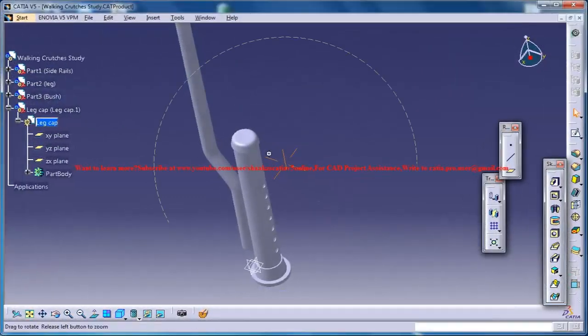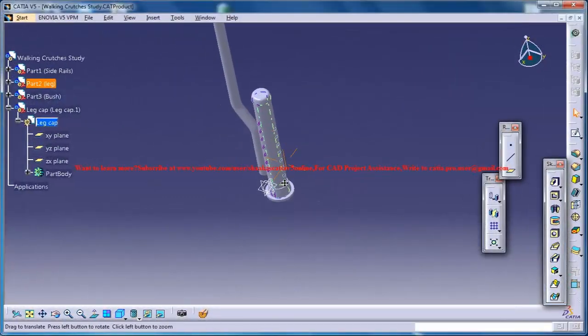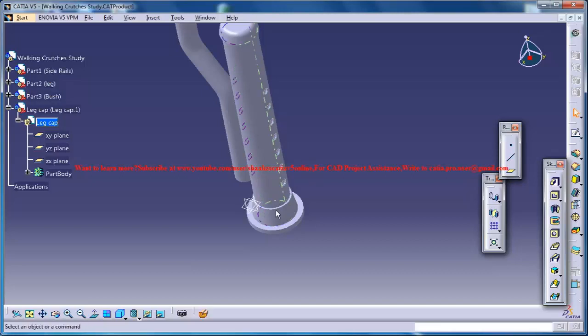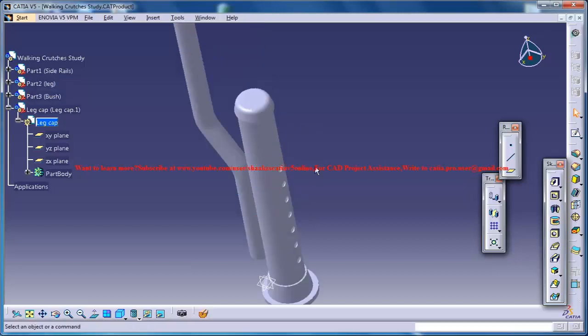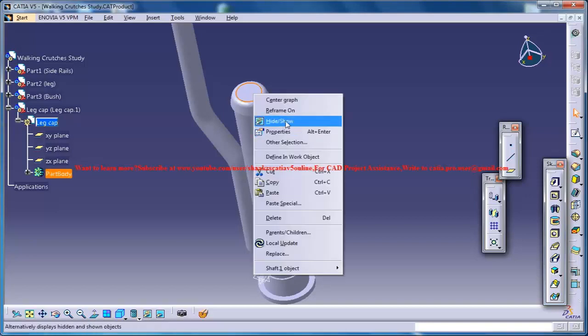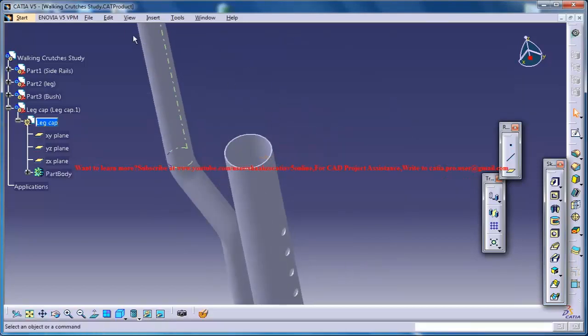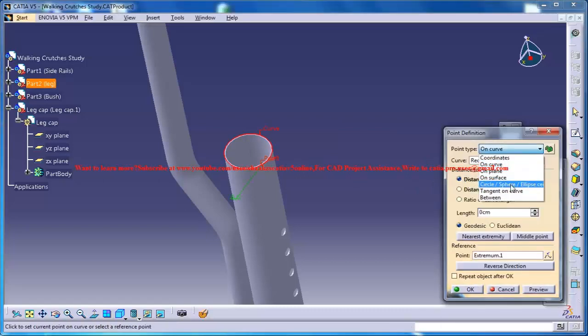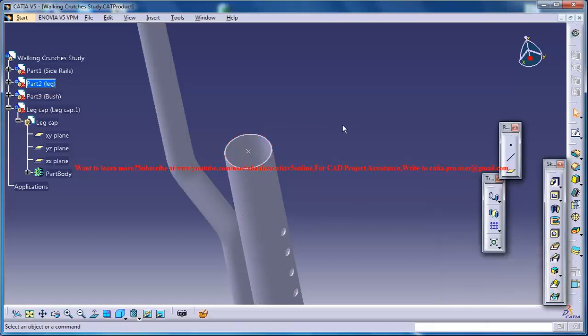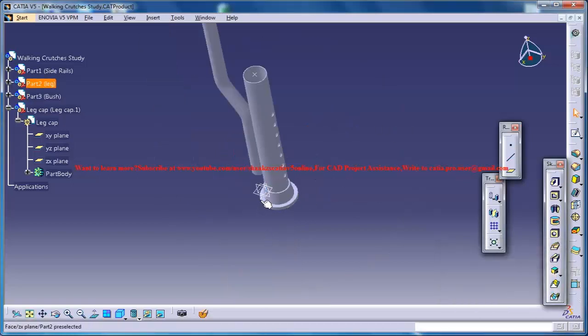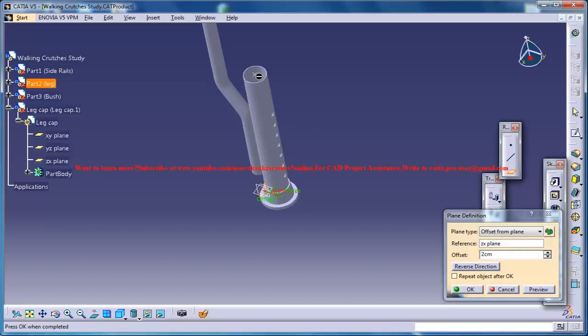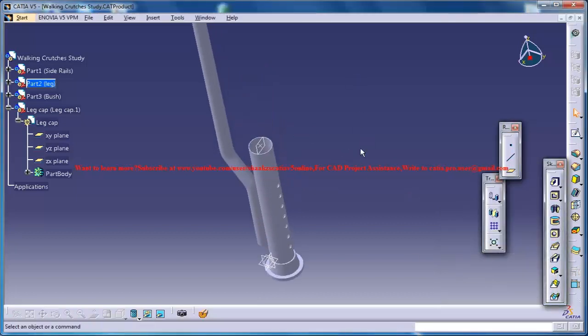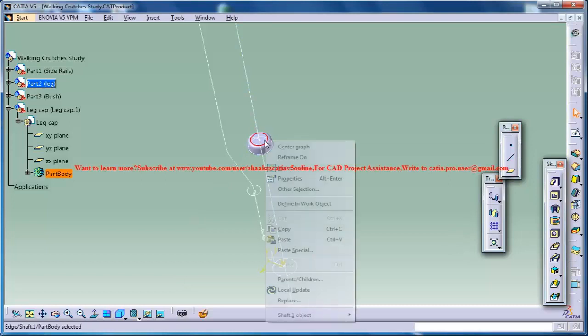Yeah, here insert rails. So to do that, we need to have on this part, on this part, on this part. So what you can do, just come to this part and then create a start point at the circle center. Just invert this plane, create a plane at this point, and then start the visible space and just